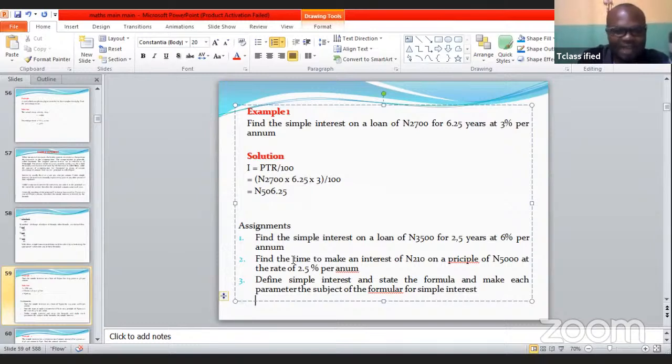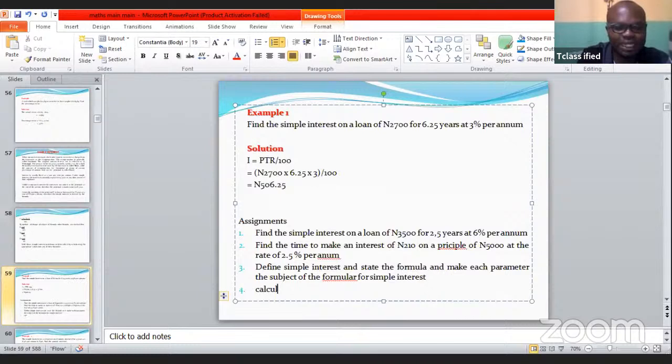Okay, fourthly, I'm going to ask another one on percentage error. Calculate the percentage error for a student that measures